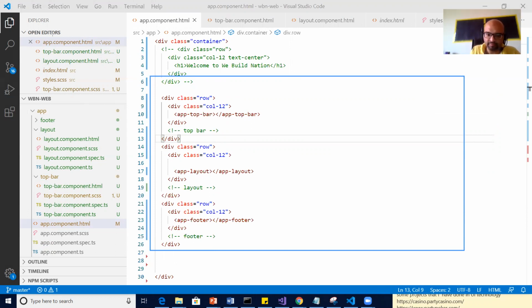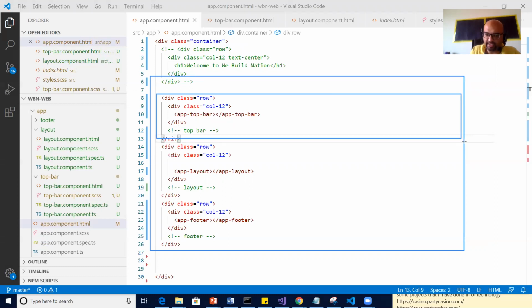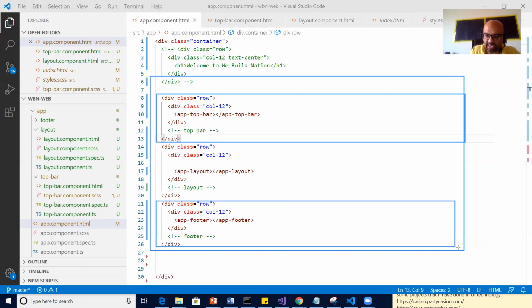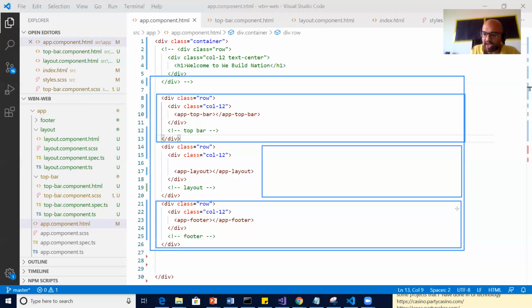And top bar, let top bar be frozen as it is. Okay, let footer also be frozen as it is. Now the layout section, where as of now I put some content, I mean, jumbotron is there, I mean, homepage content is there. What if I make this section as a placeholder? And what will happen is,